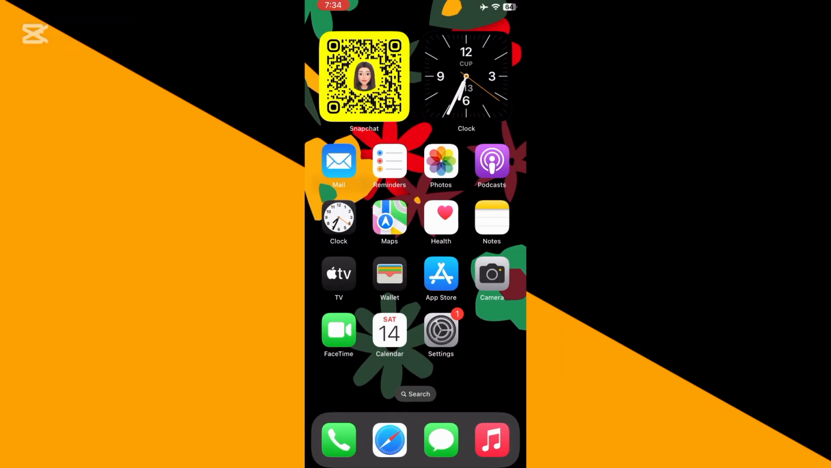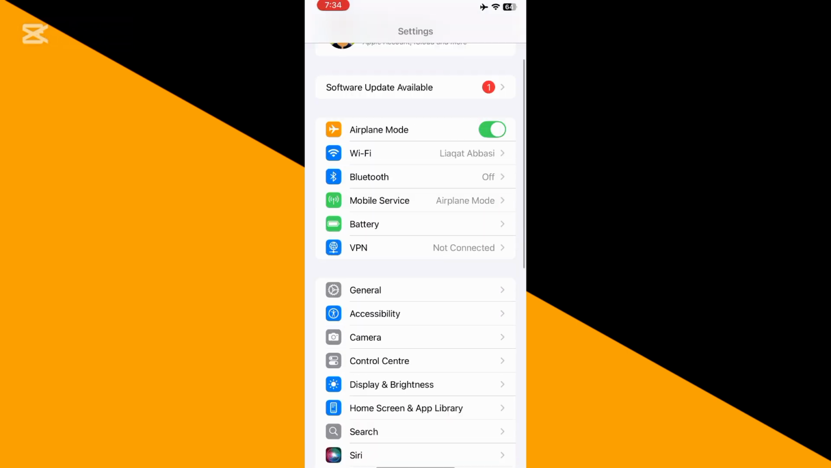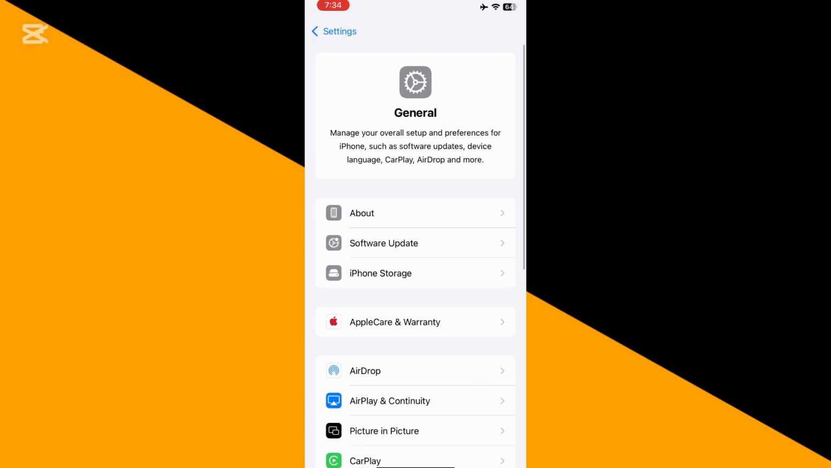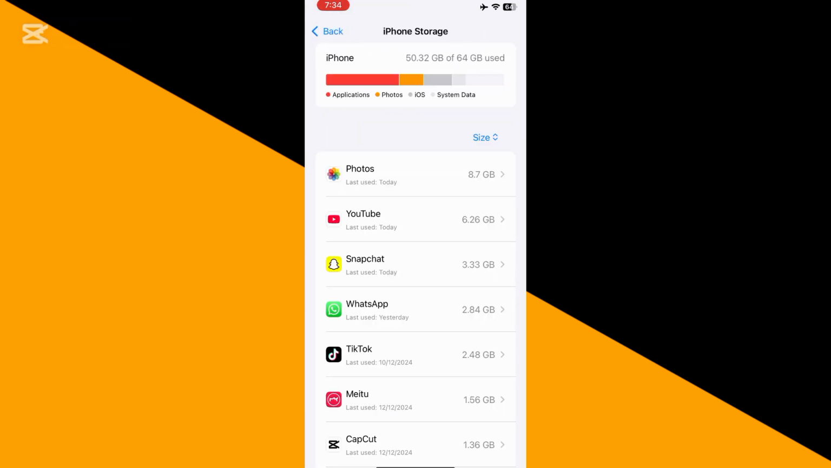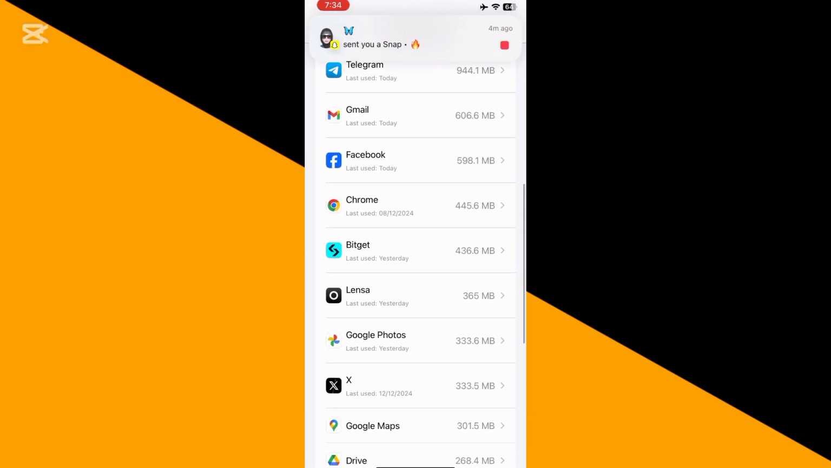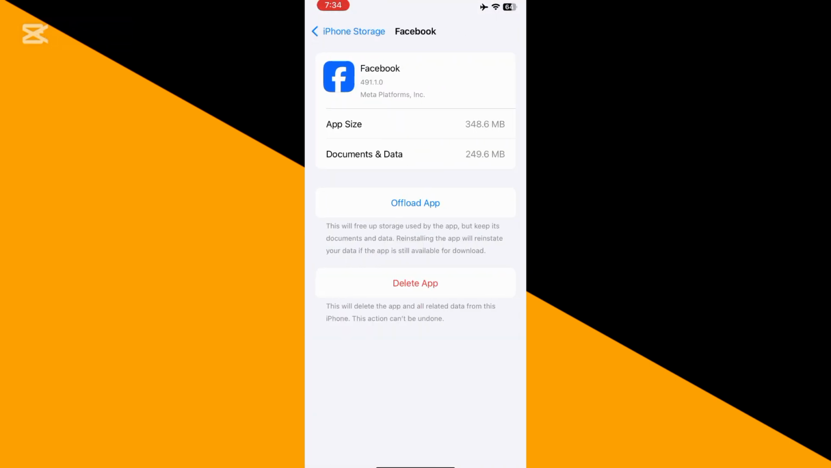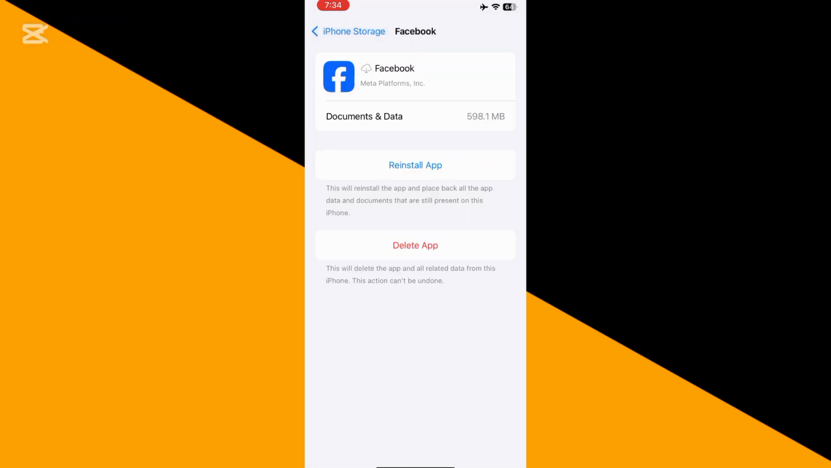Now if it still doesn't fix your problem, what you'll have to do next is to go to the settings of your phone, then tap on general, then tap on iPhone storage, and right here you'll be able to find the list of all the applications that have been installed on your phone, and you'll have to look for Facebook. Now once you have found it, you'll have to tap on offload app, tap on offload again, and then simply